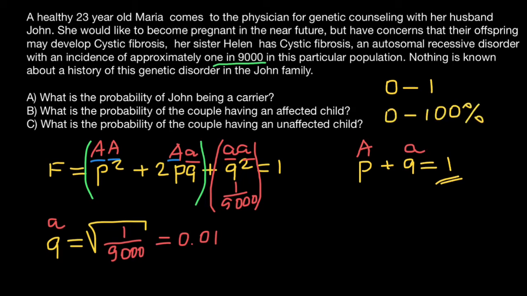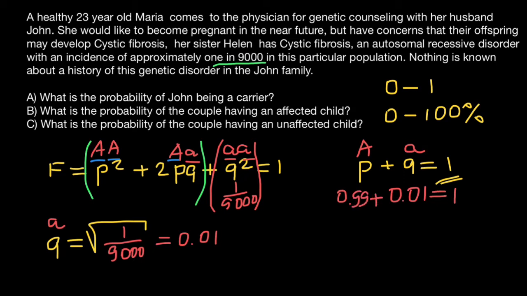All the alleles in this population combined would equal 100%. All three genotypes that can be made by these two alleles also would equal 100%. Only three genotypes are possible as combinations of these two alleles. We have found that the frequency of the recessive allele is 0.01, and the frequency of the dominant allele is going to be